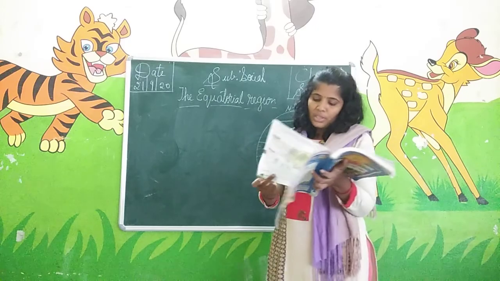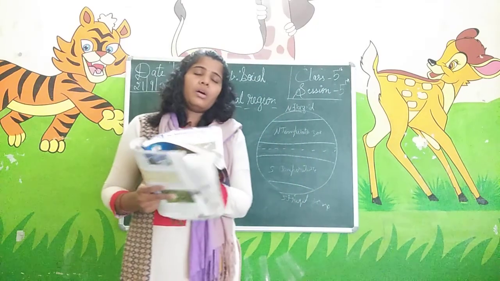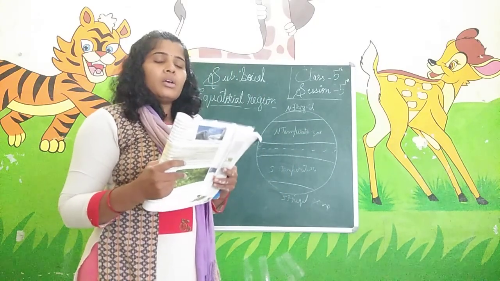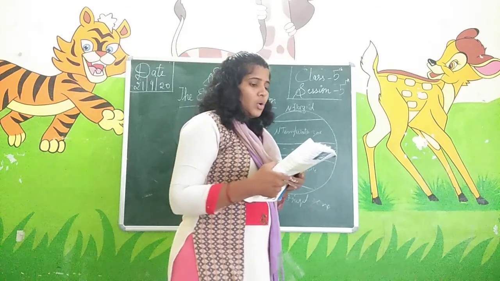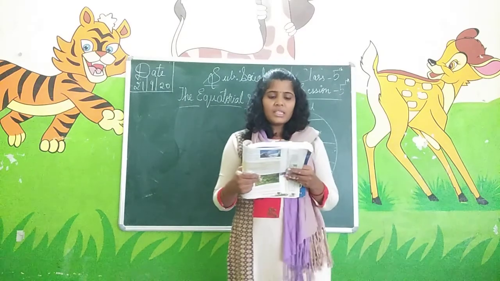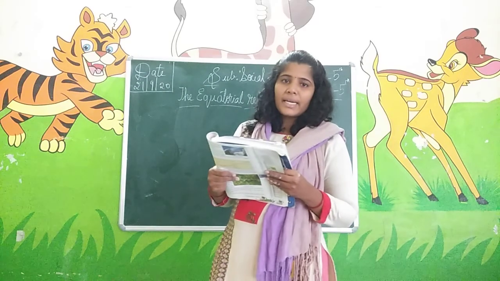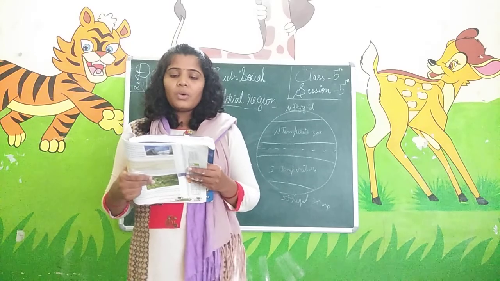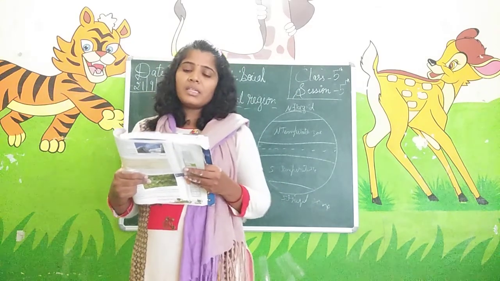We are going to learn about the Congo region, the Democratic Republic of the Congo, before also called Zaire. Location: Democratic Republic of the Congo is located in Central Africa. It is the second largest country in Africa after Algeria. Congo is the second largest country in Africa. First is Algeria and second is the Congo.